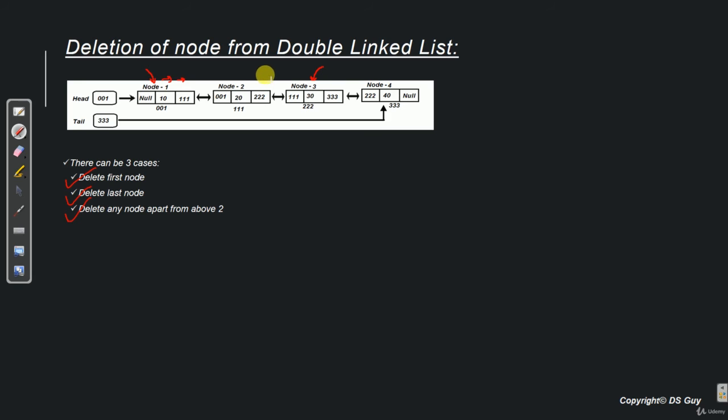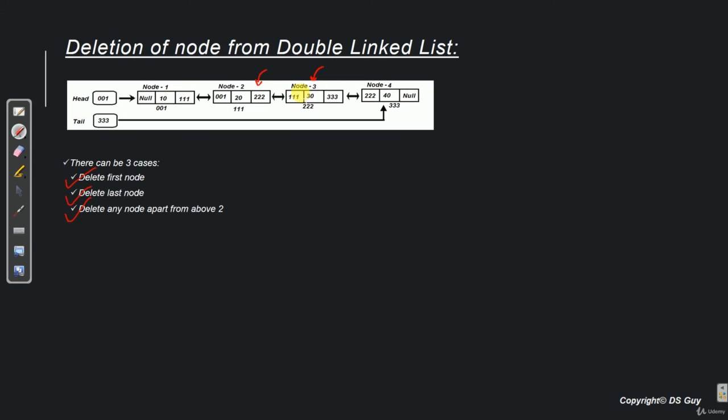So node 2 is the node which is immediately before node 3 which we are trying to delete. So we stop here. Now we have only two steps to do. That is, we have to link node 2 with node 4, and we have to link node 4 with node 2. So essentially we are breaking all the connections between node 2 and 3, and node 3 and 4.